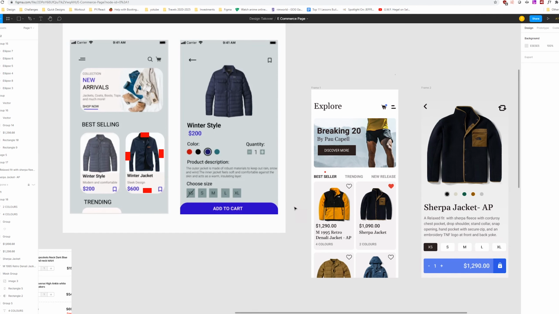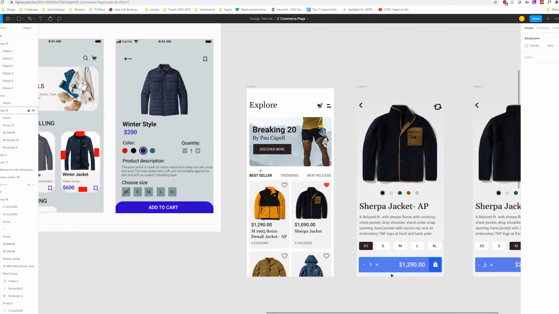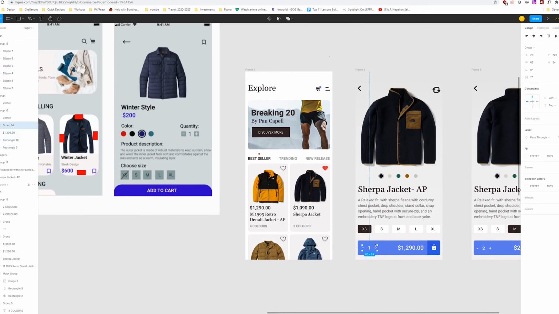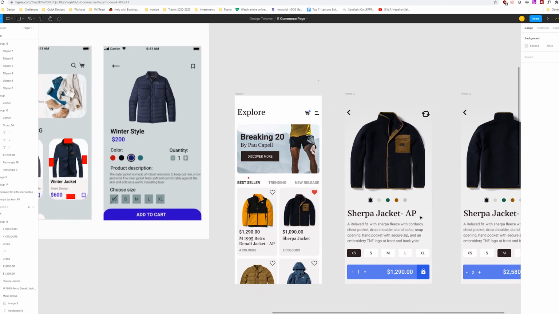I don't know, but I'm just speculating. But here, the idea is that they have copied this plus and minus here, and then the number, and then the add to cart here, right? So what I prioritize is the